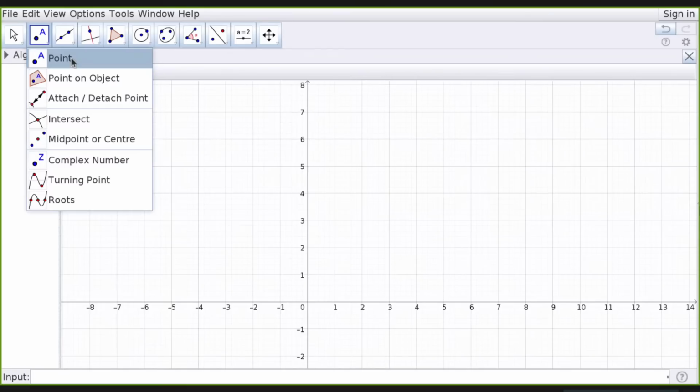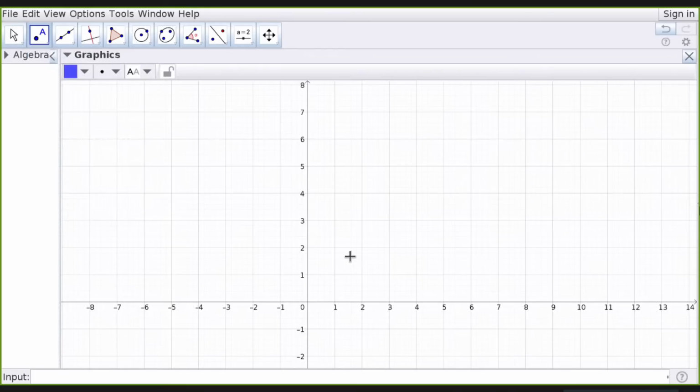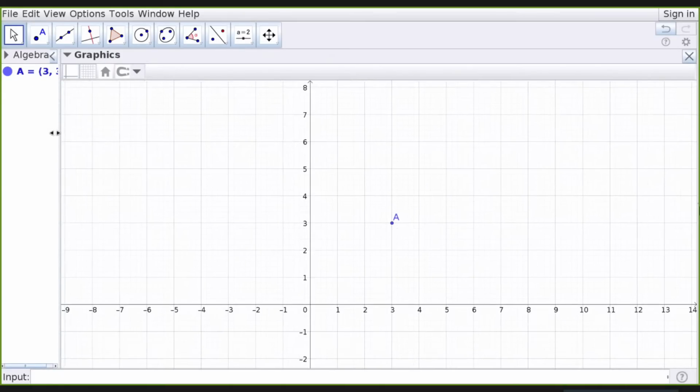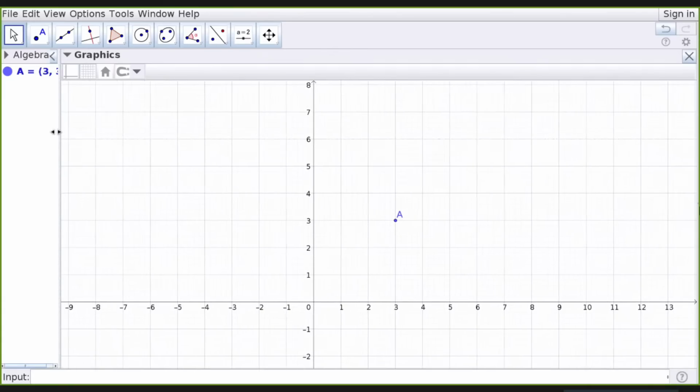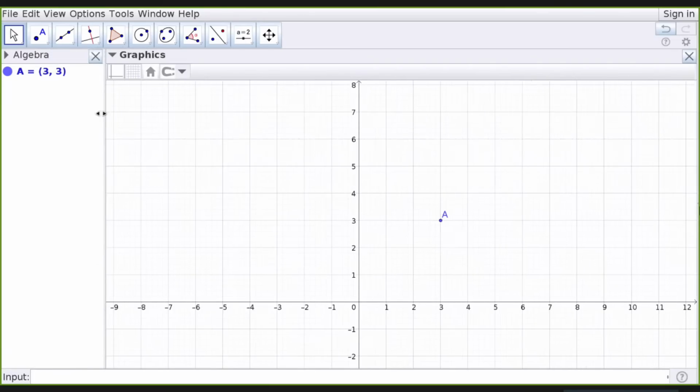Actually, I am going to choose the Point tool, and wherever I click on the screen, I will get a point. And interestingly, you can see that its coordinates come up in the algebra window. So I have marked a point, A, its coordinate is 3, 3. I will mark another point, B, its coordinate is minus 2, 1.